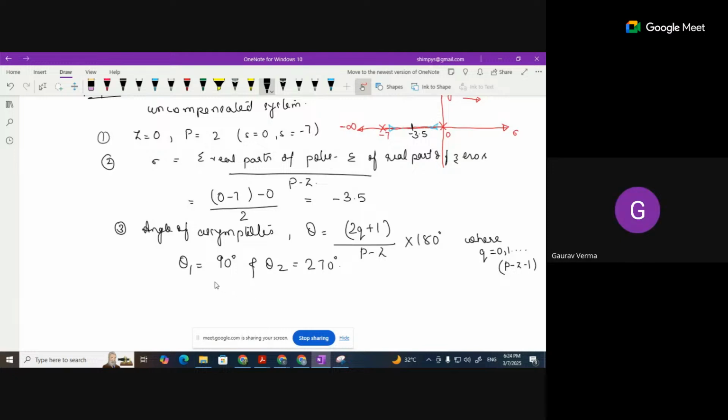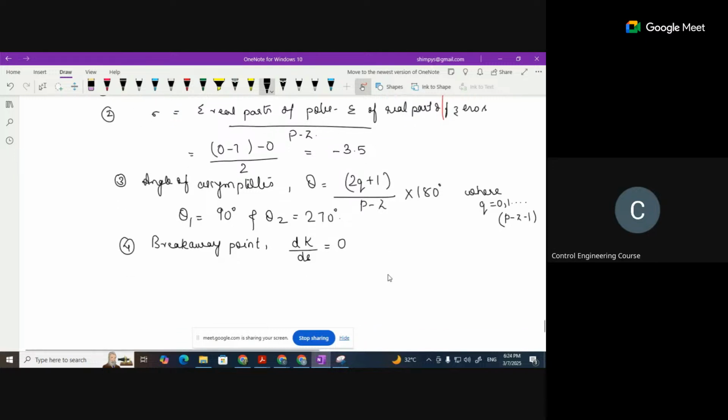So I have found out the centroid, and I have calculated the angle of asymptotes also. Next is my breakaway point that I have to find out. Breakaway point is calculated by differentiating k with respect to s and then equating it equal to 0. Right. So can I find out this k? And from where will I find this? By